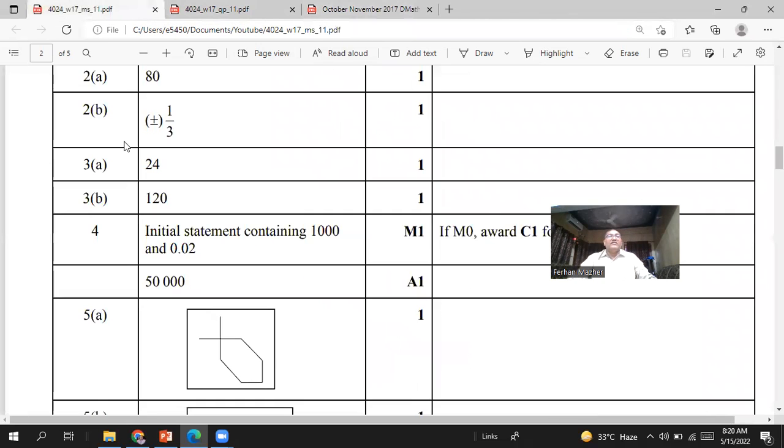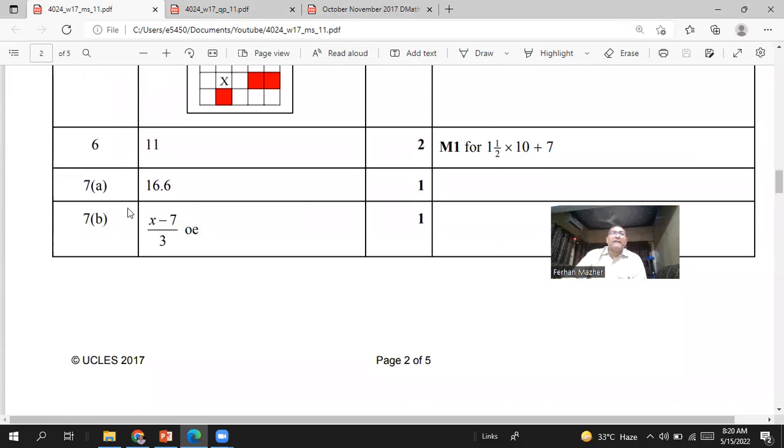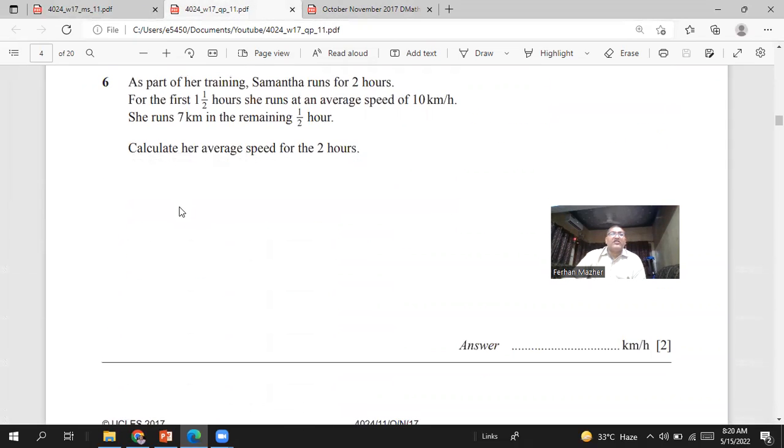So let's have a look at the marking scheme. I hope you can see our answers are right. Okay. Now we are going to the next question. The next question is,